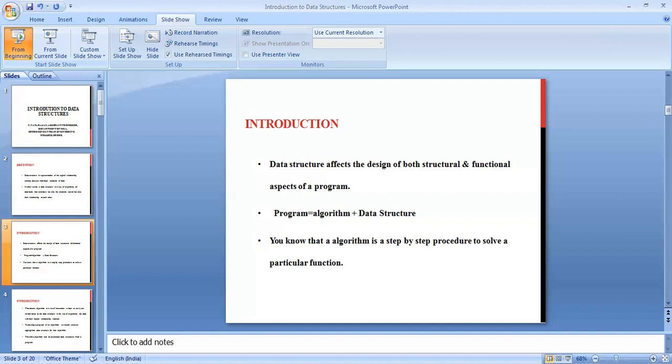So students, it's nothing but the data types we normally use in C and all the other languages: as an integer, as a float, as a double, as a character, as a string, as a pointer. These are all called primitive data structures. That's all. No need to worry about this particular topic. We are already familiar with it. In the next slide, we concentrate on the non-primitive